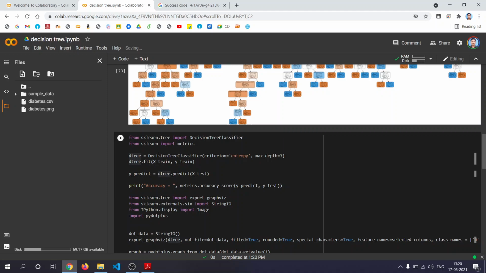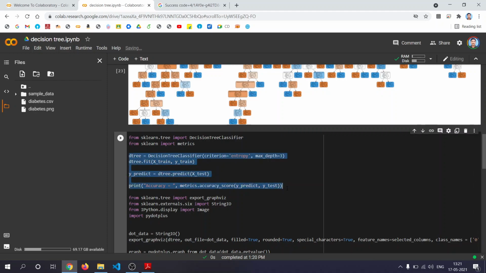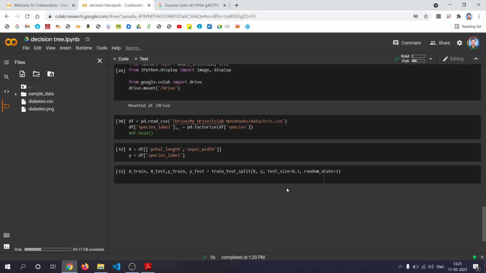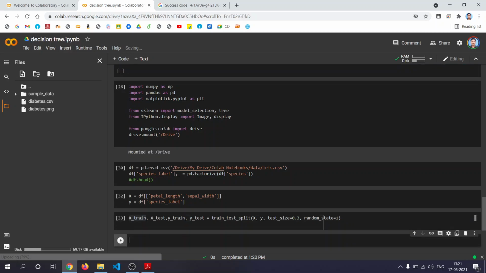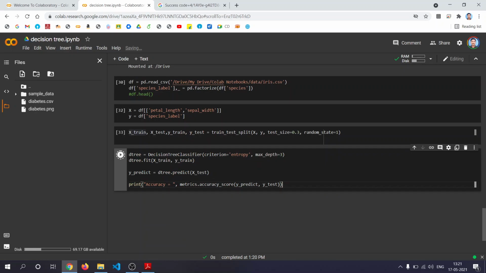Then use the same command here as before, decision tree equal to. Let's check what the accuracy is now. With entropy and maximum depth equal to 3, y predict equal to d3 dot predict, then accuracy. You see that accuracy is 97.7%, right?